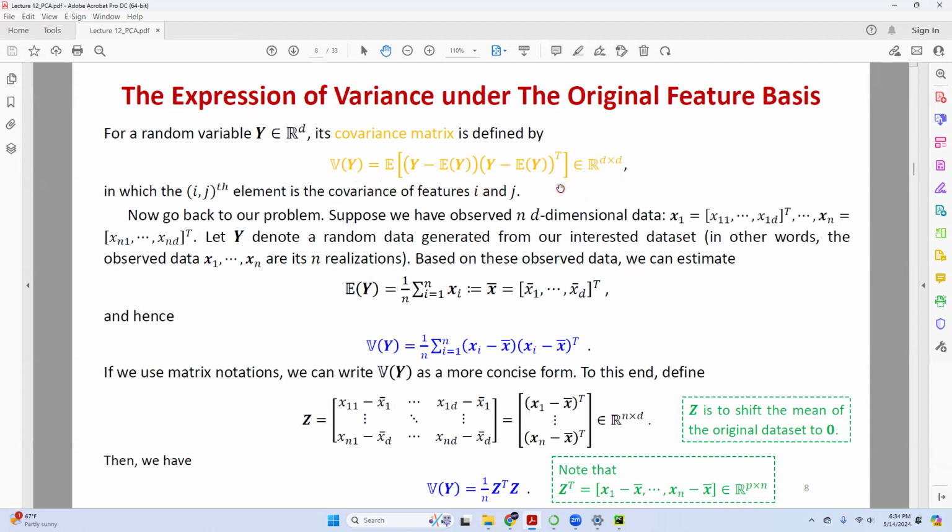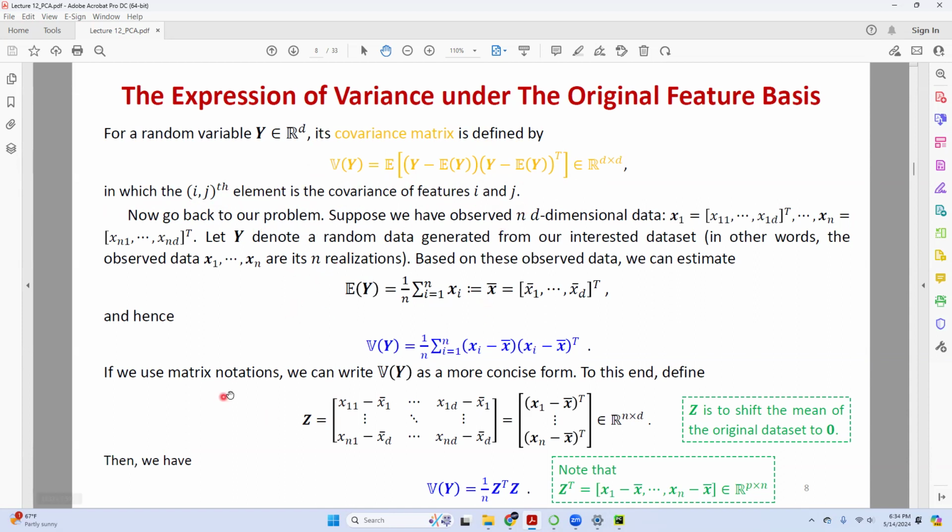If you want to know more, we need some time. But if you just consider y is one-dimensional, then this is super simple. This is exactly nothing but the variance. And then the covariance matrix, the ijth element is the covariance of feature i and feature j.